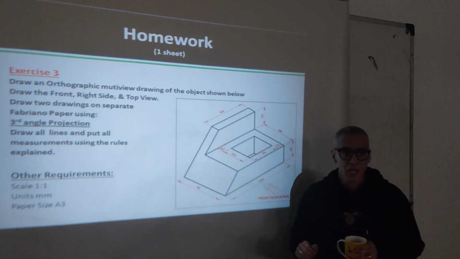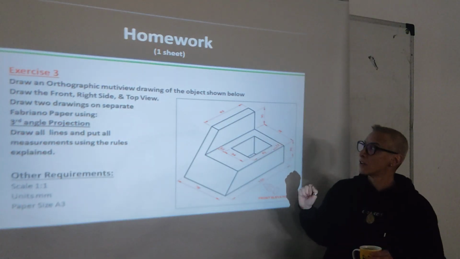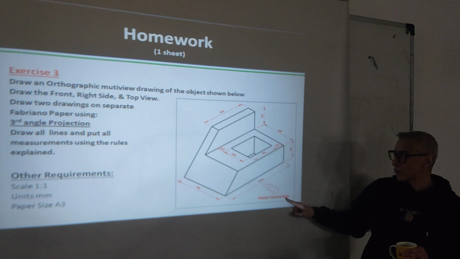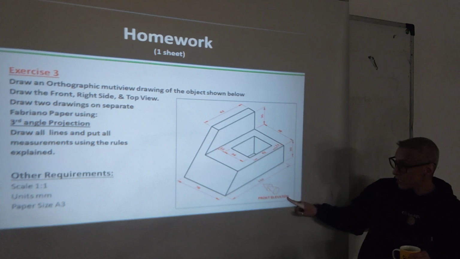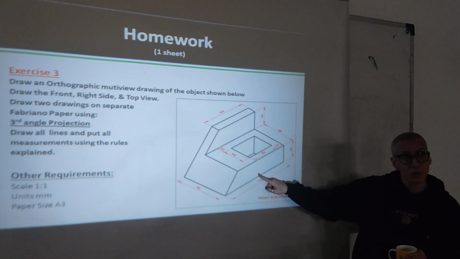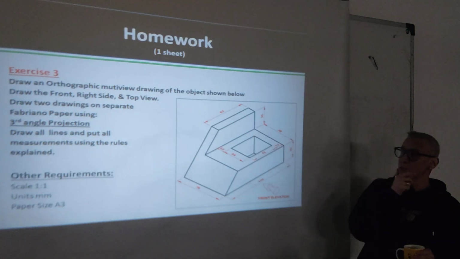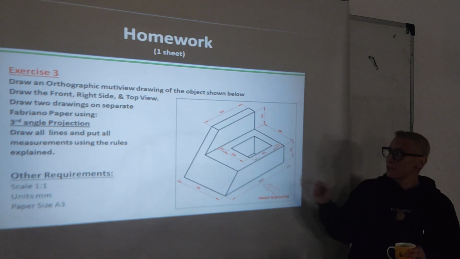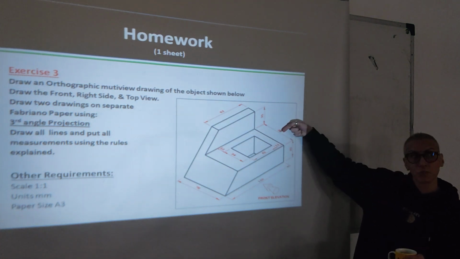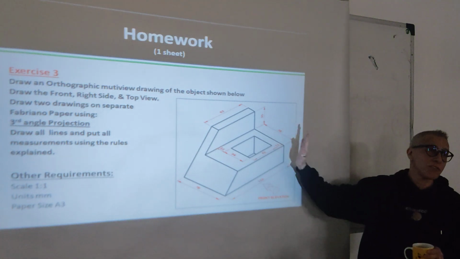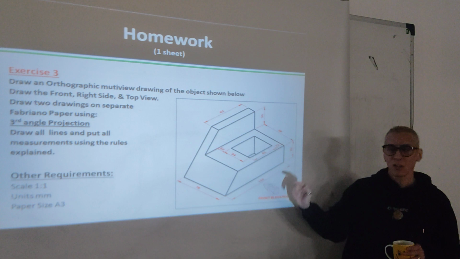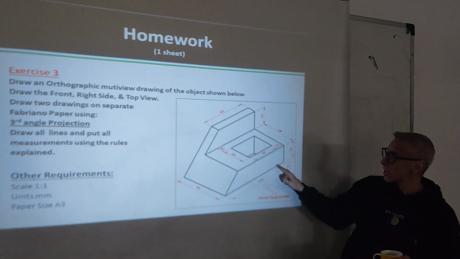Exercise 3, again, like the previous one. Draw the orthographic view. So, in this situation, I put you here the front view. This one will be the front view. So what will happen with the right side view? Because I need a front, top, and right. The right side view will be this one. Be careful, from the other side. But it is very simple to draw. There is nothing hidden. You know what you see here? The outline. It's very clear.